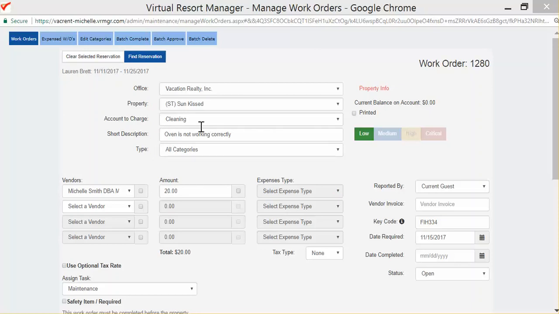description, and type. Likewise, the information that displays to the right regarding the current balance on the account, the checkbox to indicate if the work order has been printed, and the ability to indicate the priority of the work order